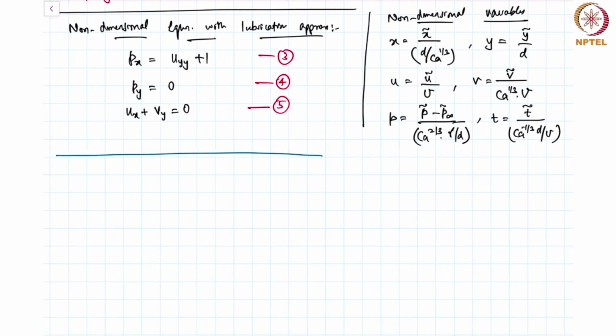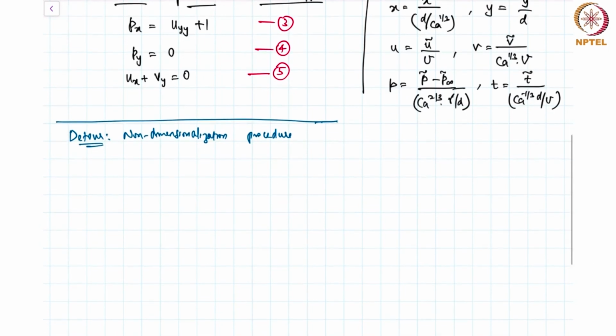So we'll take a small detour: the non-dimensionalization procedure. This detour I'll write using blue ink, and we'll return to the regular set of equations later. So the idea is as follows. In Stokes flow, if we start with Stokes flow, we have